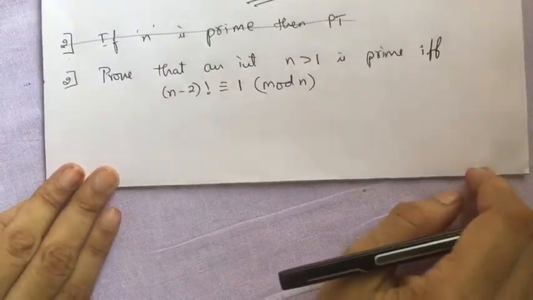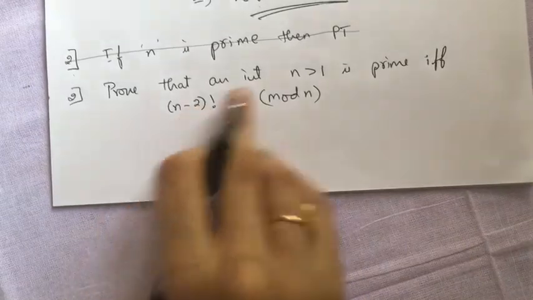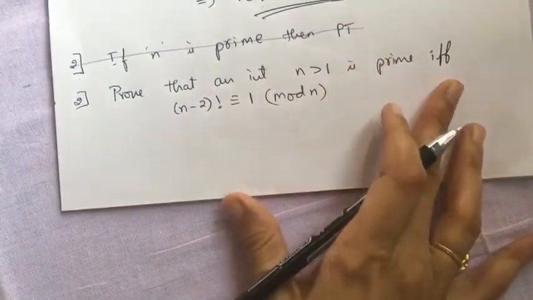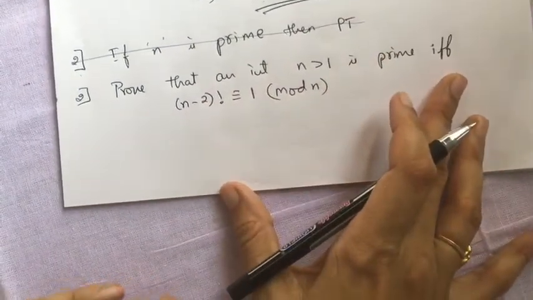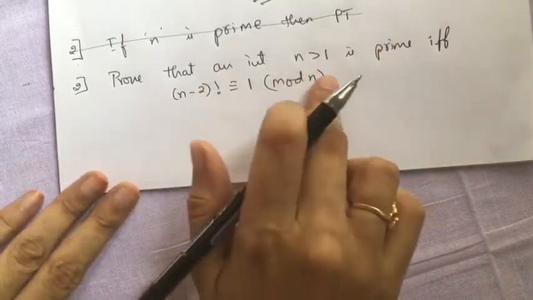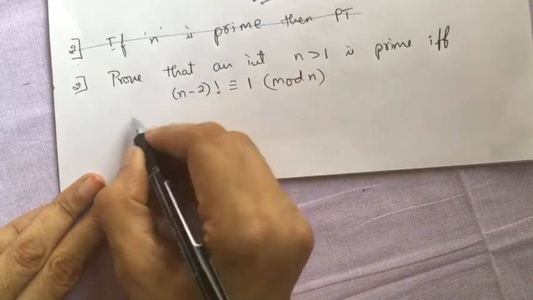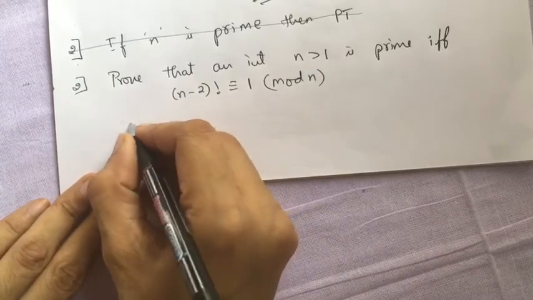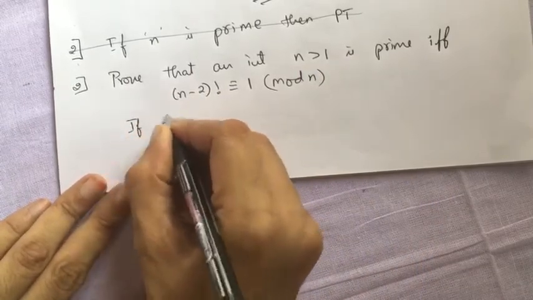It's a two-way proof, so let us take the first part. If it is prime, then I have to end up here by proving this. First part: if n is prime,